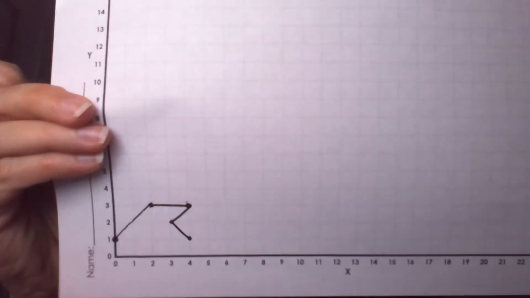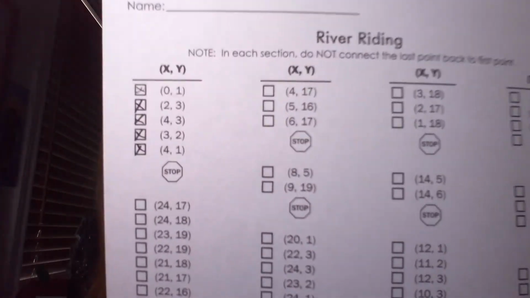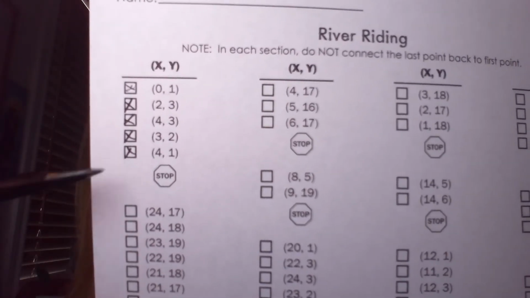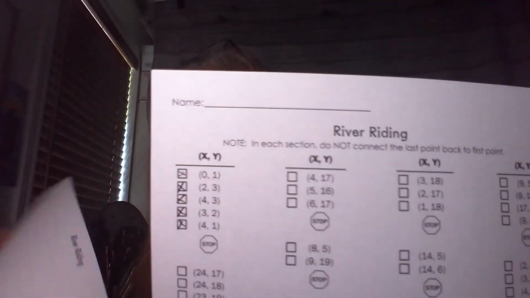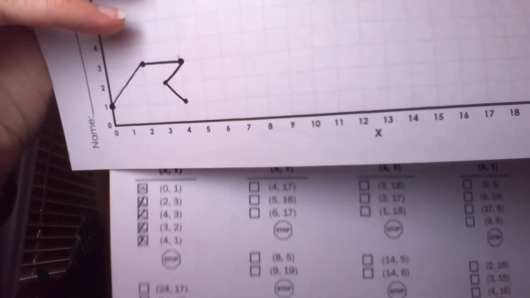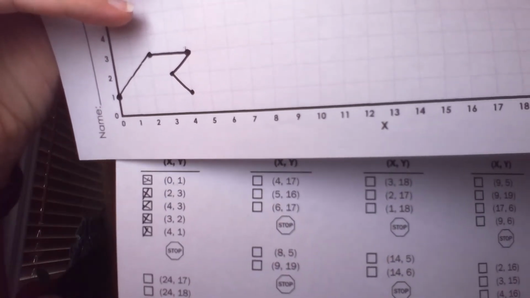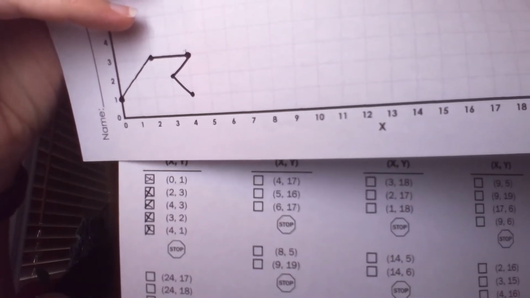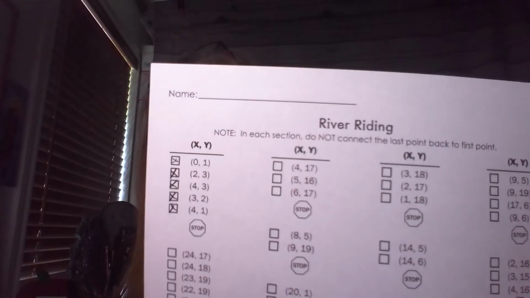And now when I get my directions, I have graphed the first 5 coordinates on my pretty picture. Okay, we're going to get this nice and confusing. All right, so those match my dots. Then I have a big giant stop sign, and all that means is here you're going to stop